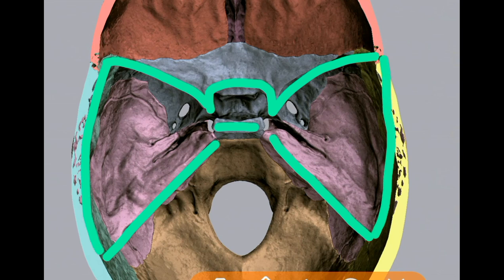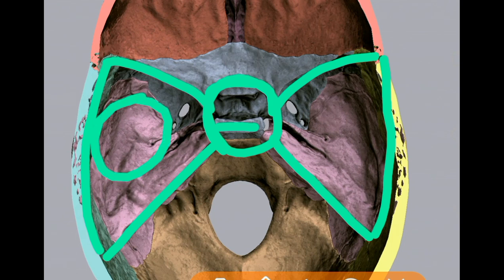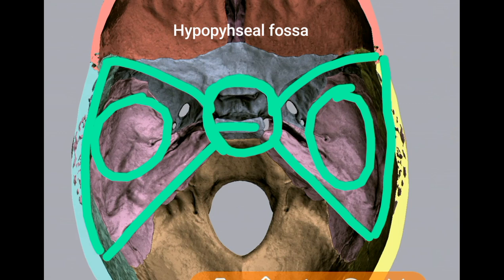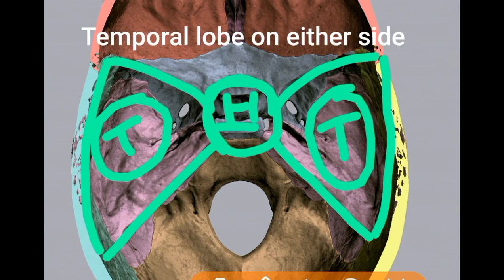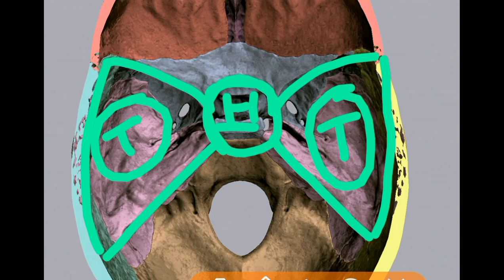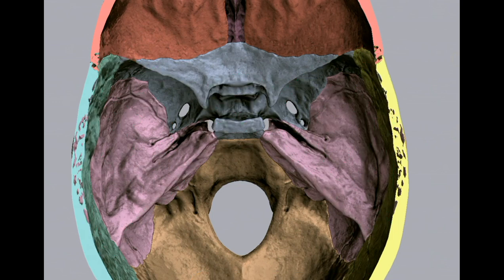of sella turcica. So when you view here, the middle cranial fossa is like a butterfly, and it contains the hypophysis cerebri or pituitary gland in the middle and a temporal lobe on each side. You can see the temporal lobe will lodge here. The floor of the fossa is like a butterfly. You can see in the middle it lodges the pituitary gland or hypophysis cerebri, and on either side laterally you can see the temporal lobes.